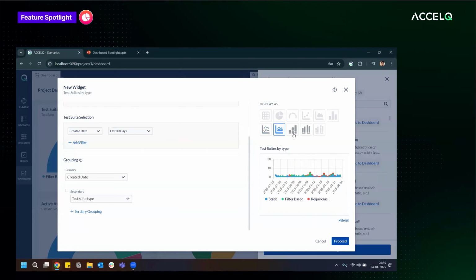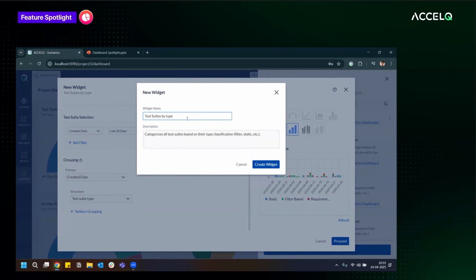Let's have this one. Better visuals. Of course, what you're seeing is a very preview set, so that's why the data is too much to fit into it. And of course, once you save it, you will see it in picture where you want to actually widen it. And once you go tertiary group, of course, the final chart type, which is the stack group bar chart, will enable. So if you say proceed,